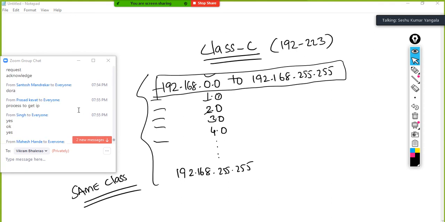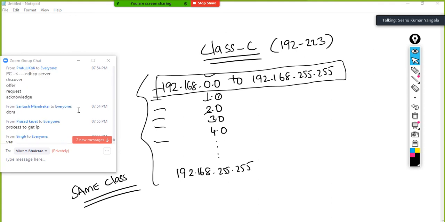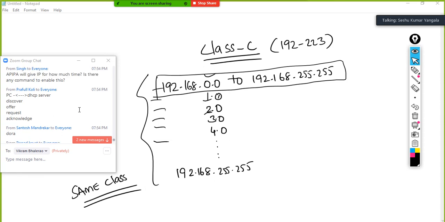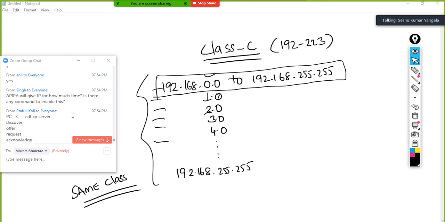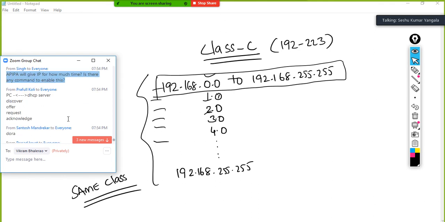Who is next? Process to get IP. Yes, type this. APIPA will give an IP for how much time? Is there any command? Nothing. In case it doesn't get one, then APIPA remains the same. You understand? If anything is there, just Google it. You will be able to edit. Don't dive too much into that